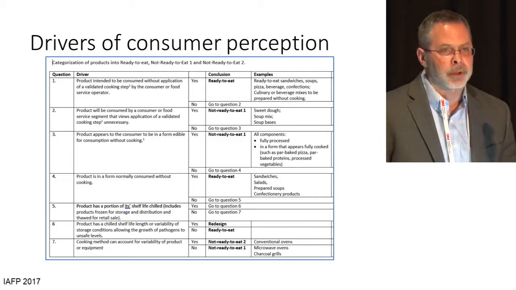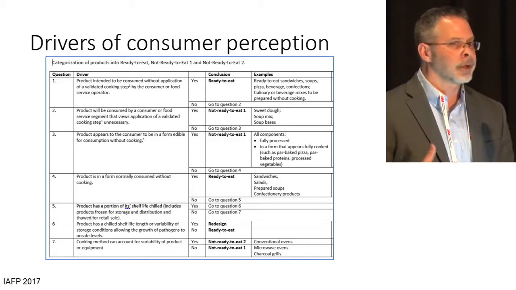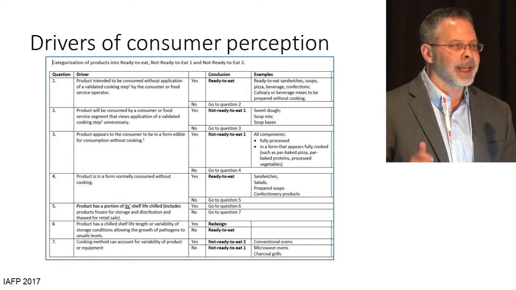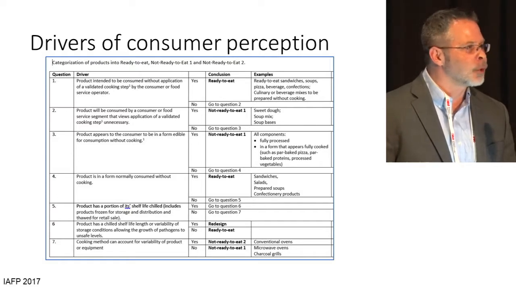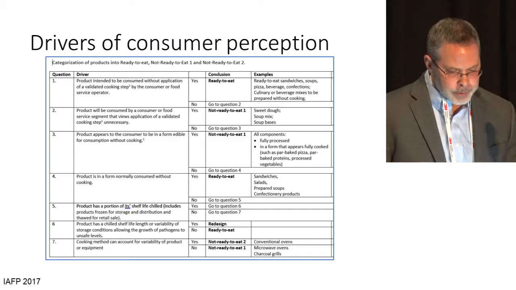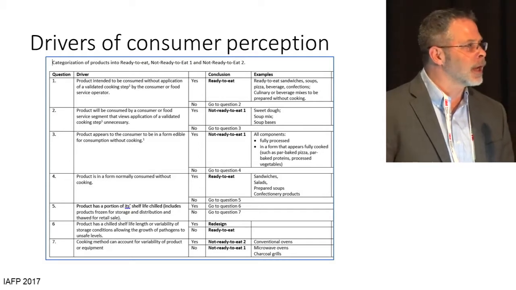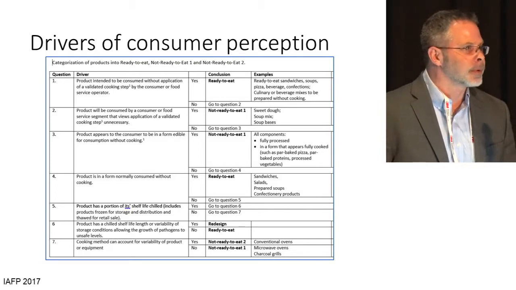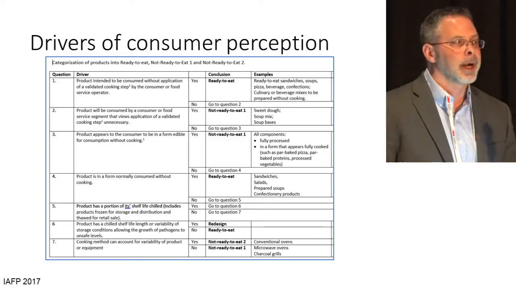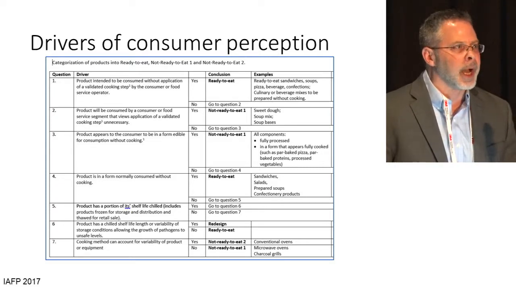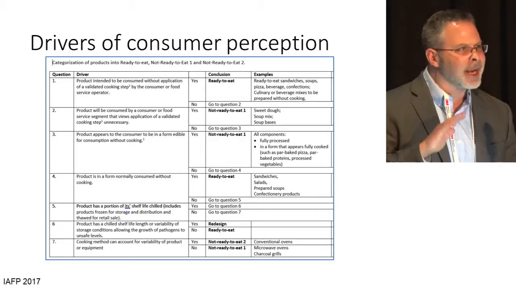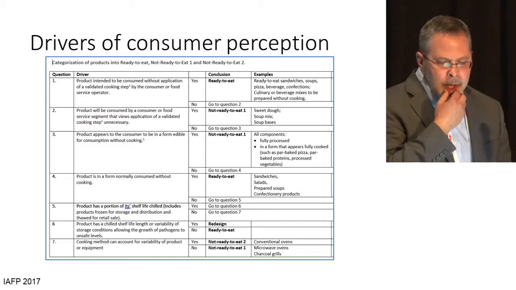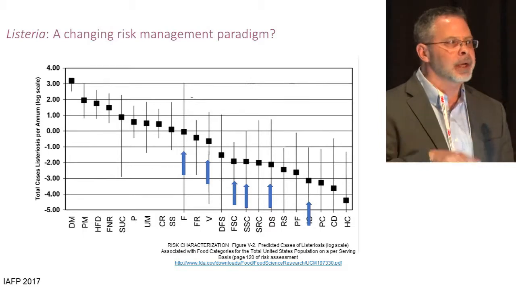Products in a form normally consumed without cooking. So if I've got cinnamon rolls and I'm going to market a frozen cinnamon roll, it's not good to just decide, well, we're going to make it not ready to eat and tell consumers to cook it when it looks fully cooked. And they normally consume something fully cooked. So that's a consideration. Then we look at chilled products and their shelf life and whether within the shelf life pathogens can grow at unsafe levels. And then we look at variability of cooking equipment. So this is an example, and it's kind of a draft that we've been working on with our product developers in the past, but it lists the questions that we have to think about as risk managers as we design products.